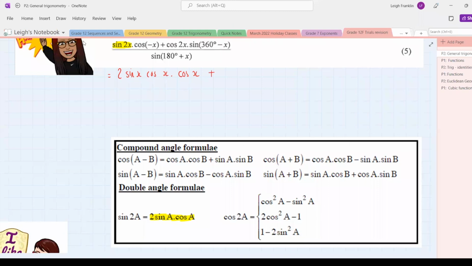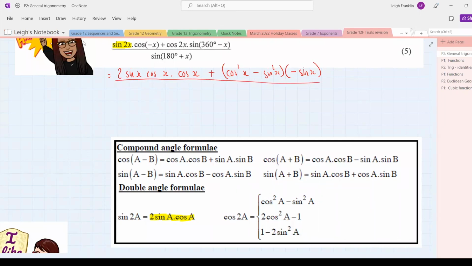Now we've got cos 2x. We don't know how to expand that, right? But I don't know that it really matters how we expand it. I'm going to write here cos squared x minus sine squared x. And then I'm going to write sine 360 minus x as minus sine x. At the bottom,